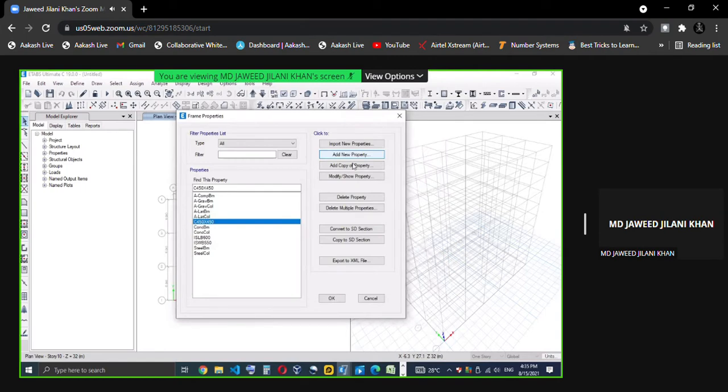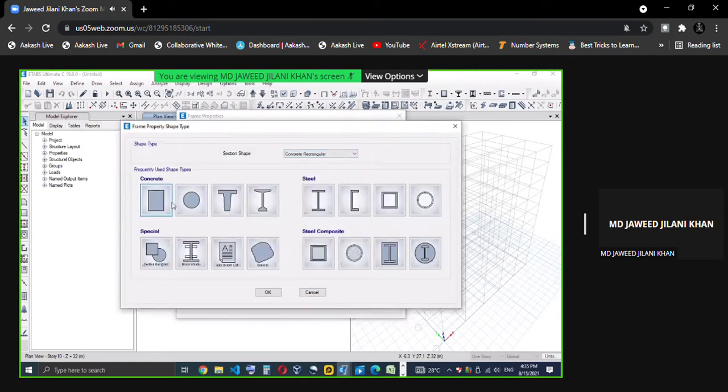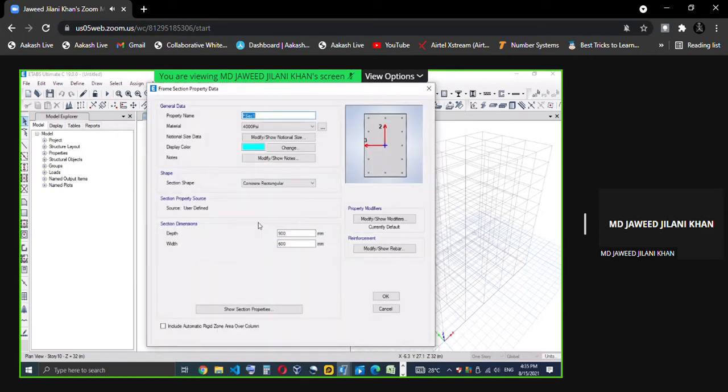Let me define one more thing, that is the beam to start with. One column, one beam I will define just to start with. So I am writing B for my identification. Say weight of the beam is equal to weight of the column. Say 450 by 600, and 30 here, and depth is 600 and width of the beam is 450.